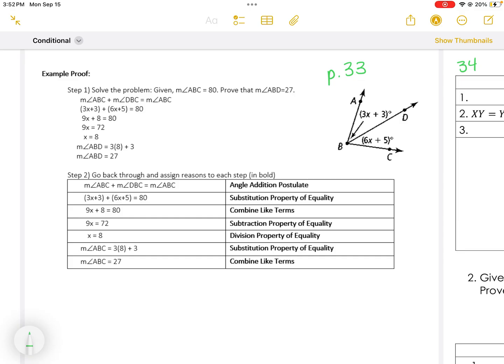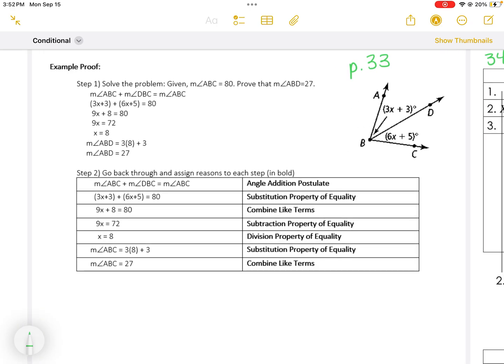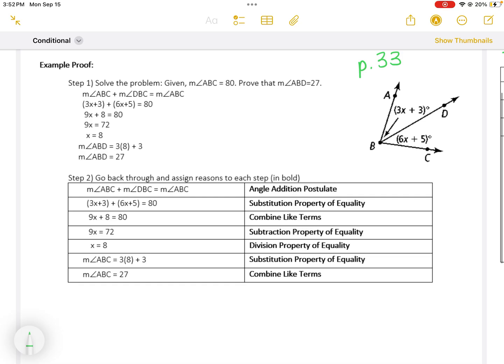Okay, so this right here is a full-blown geometry proof. This is some work that we did in the first unit, and this is an example proof to give you an idea of what to do with the proofs we're going to be working with on 34 and 35, and also in your packet. All right, so we have this picture here, and we are told that angle ABC is 80